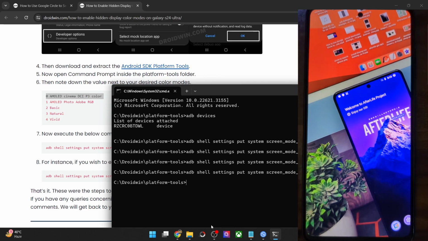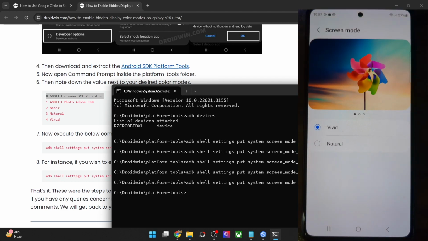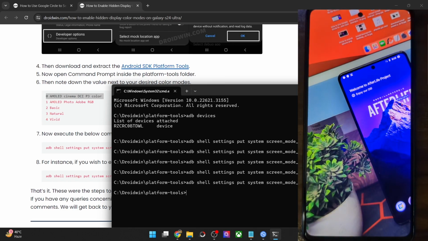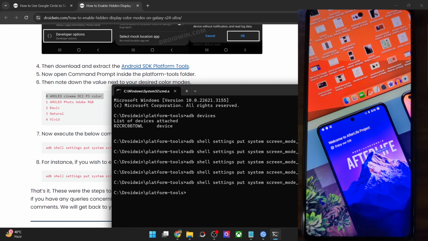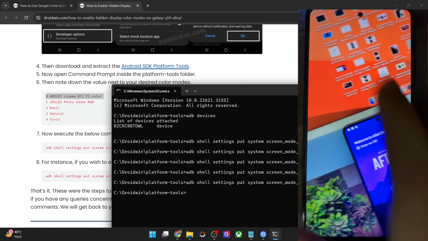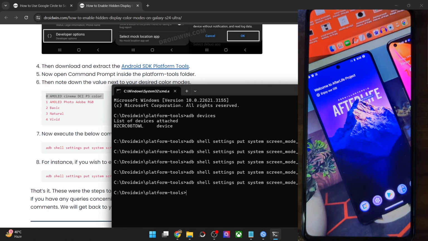For vivid we have to use the 4th number, so use it and hit enter, and as you could see it's now implemented. And in case of vivid, the color contrast is quite visible. The colors are quite coming out from the screen, it seems, and it's quite contrasting in nature. As you could see, these orange color and the blue color are quite contrast and with high brightness.